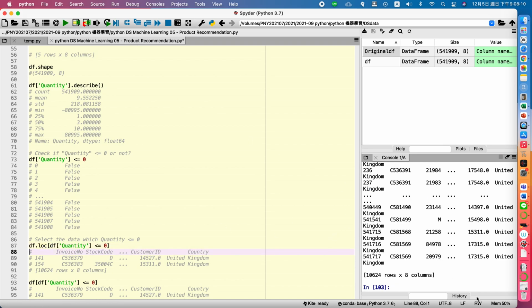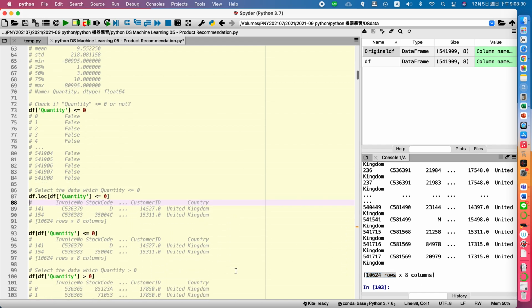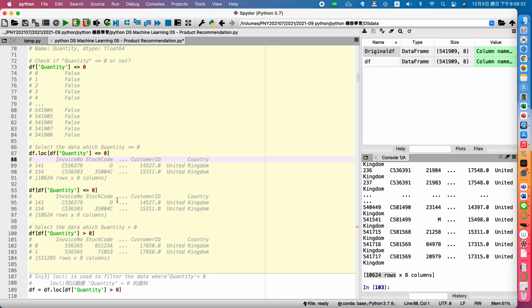You may find how many rows we retrieve: 10,000, 1万多笔的资料. So there are more than 10,000 rows where the quantity is less than 0. That means cancel orders, 取消的订单。